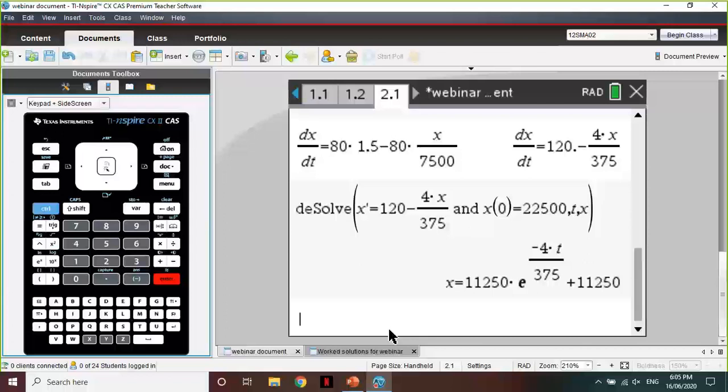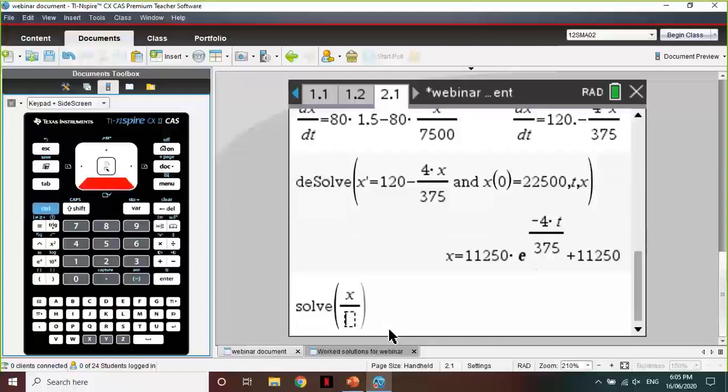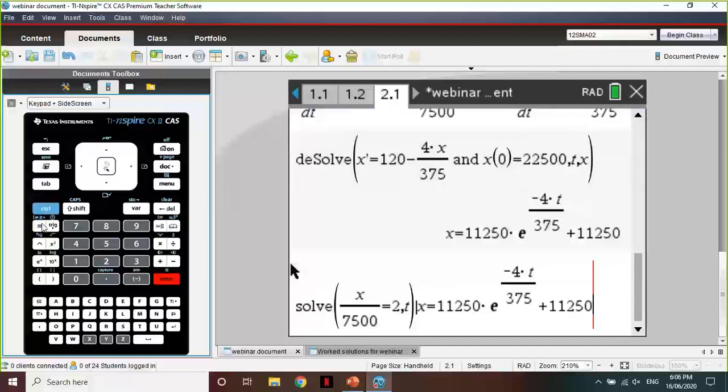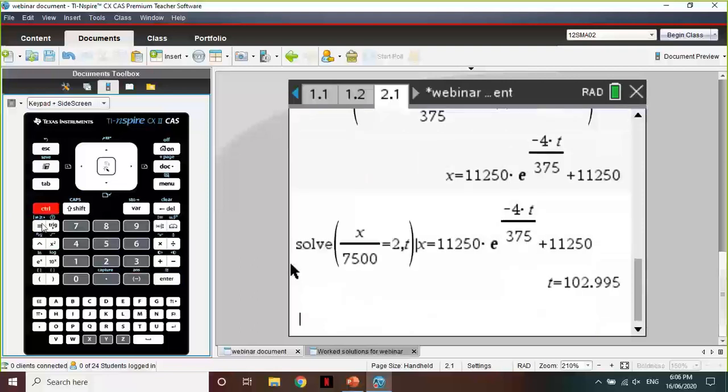So now we'd like to find out when the concentration reaches the safe level of 2 milligrams per litre. Our concentration in the tank was x over 7,500. When that's equal to 2, we're finding out the time, so we need to solve for t. And because x is in terms of t, just like before, we need to substitute in this expression for x. So control equals, a vertical line such that x is equal to that expression. And we wanted it to a couple of decimal places or the nearest whole number. So control enter, we get